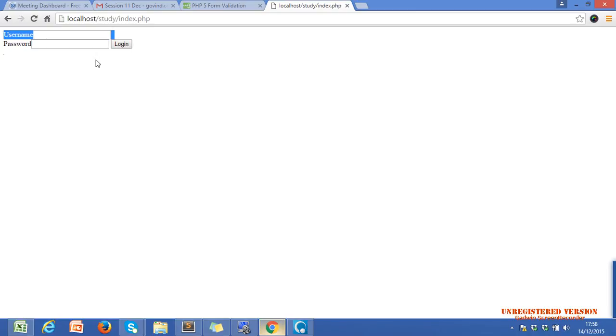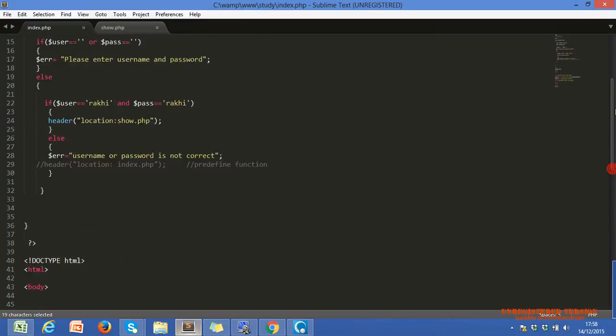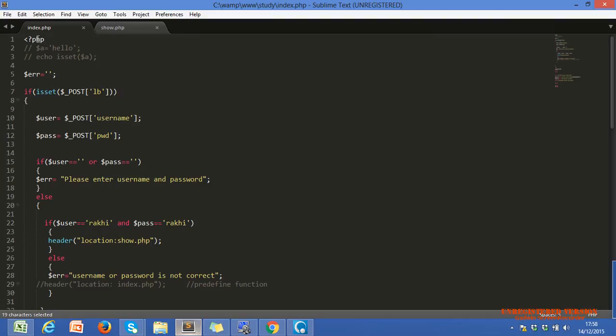The next condition is whenever we submit our form without entering anything. I just clicked on login, which means our form is submitted. Every time we submit, the whole execution starts again from this line. We submitted, which means our form is refreshed, but with form submission. So from this line, our variable is again assigned with blank. Now this condition is true whenever we click on login. Do you get the point why this condition is true?